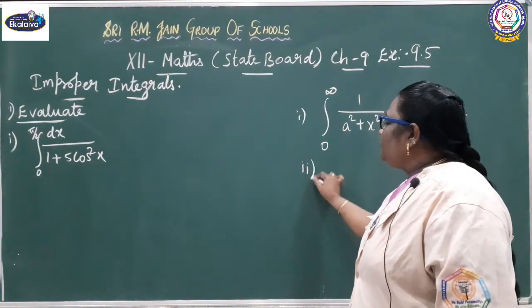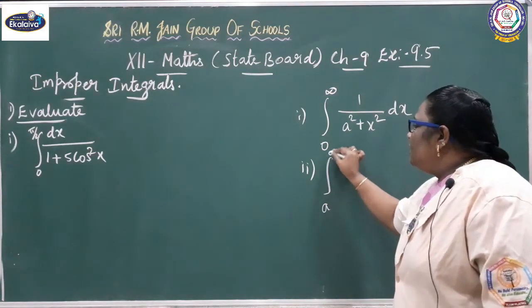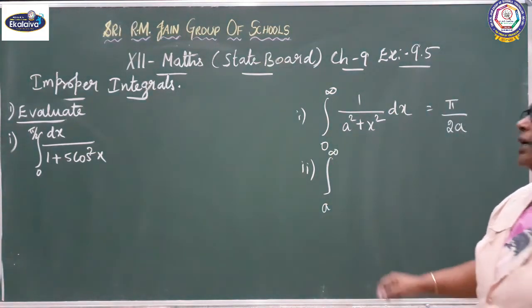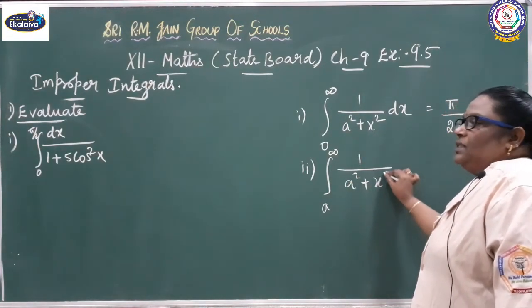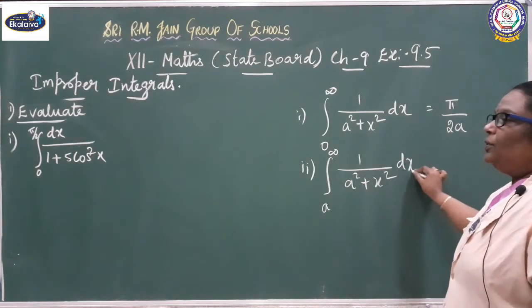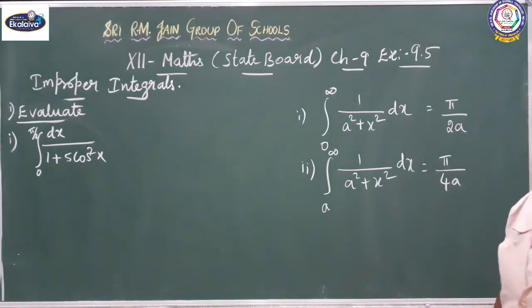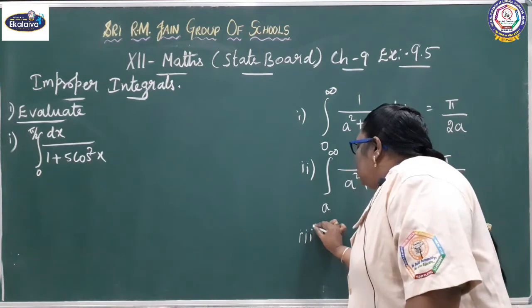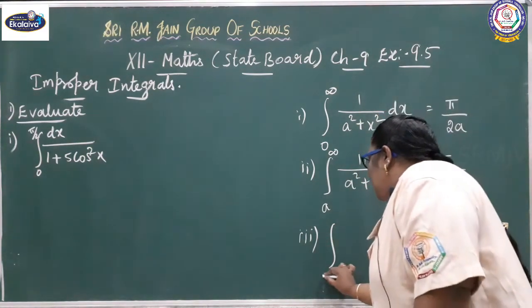Second one, integral a to infinity 1 by a square plus x square into dx equals pi by 4a. Third subdivision, integral minus infinity to